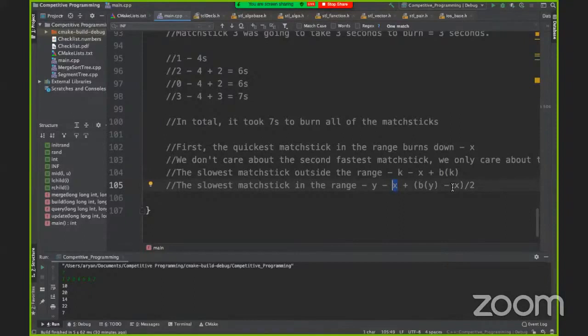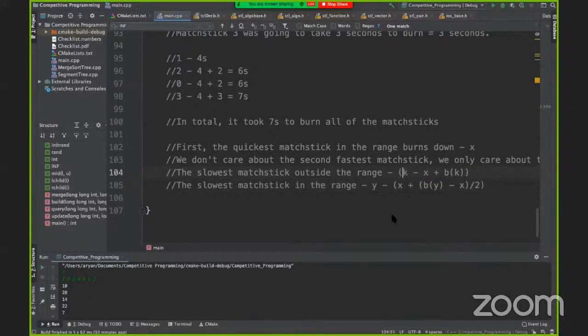After these X seconds, it had BY minus X seconds left to burn. But now that it's lit at both ends, it will burn that in double time. Instead of taking BY minus X, it'll take (BY minus X) divided by 2 time. So these are the two that we need to care about.